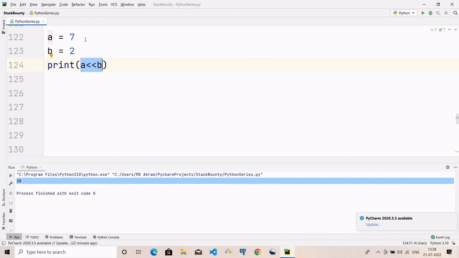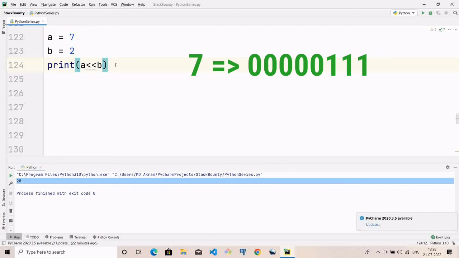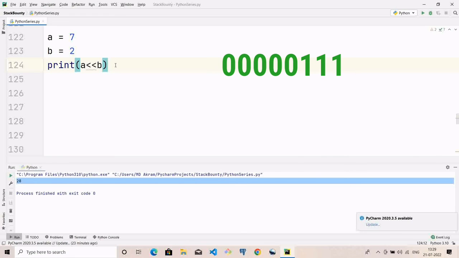Let's have a look at our expression that is inside our print function, left shift operator. What it will do actually, the left operand's value will be moved left by the number of bits specified by the right operand. In our case, the binary format of 7 will be moved left by 2 bits. Let's understand with the diagram. So here we have the binary format of 7, that is 5 times 0, 3 times 1. For now, forget all the zeros. Now we have only 3 times 1. And imagine there is a point after the ones, and assume 3 times 0 after the point like this,